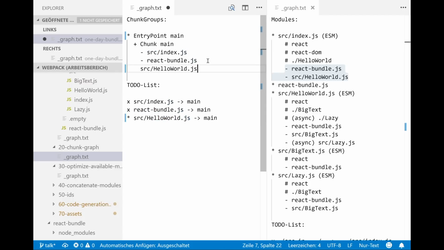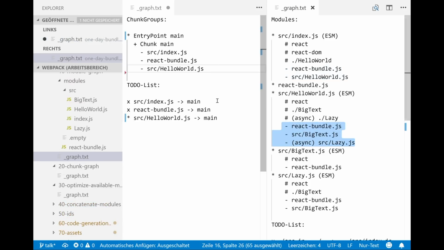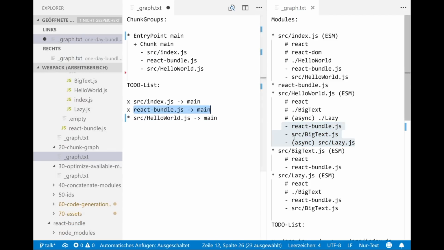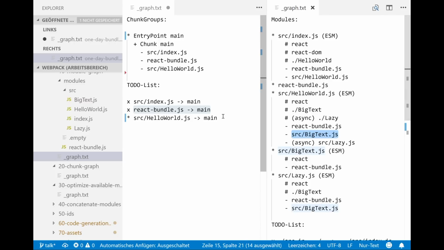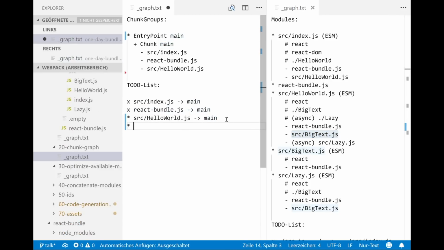This is a bit more difficult because it has dependencies, and we check for all those dependencies. So we add React bundle to the main, but that's already done, don't have to do this. We add big text into main. Yeah, we will do this later. Note this on the to-do list, and this is an async chunk.